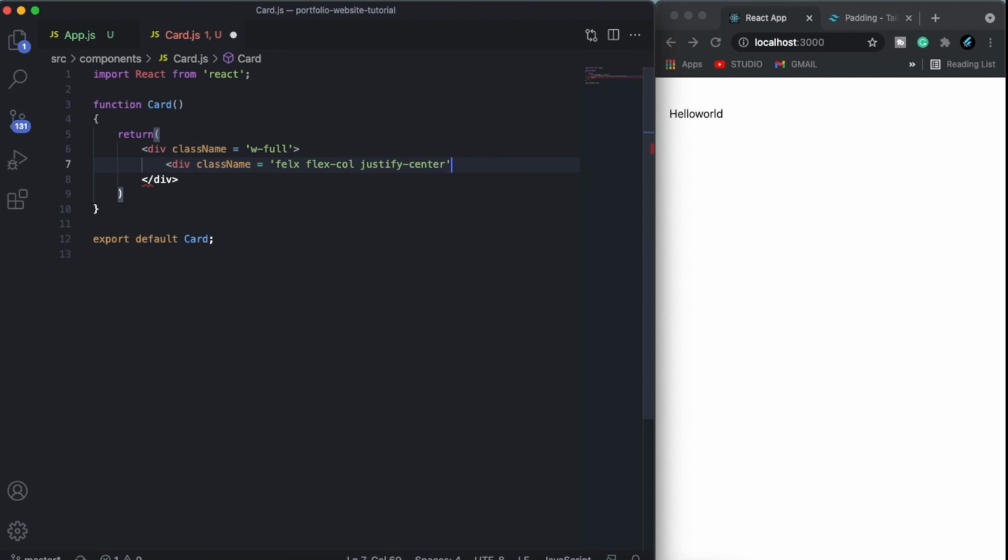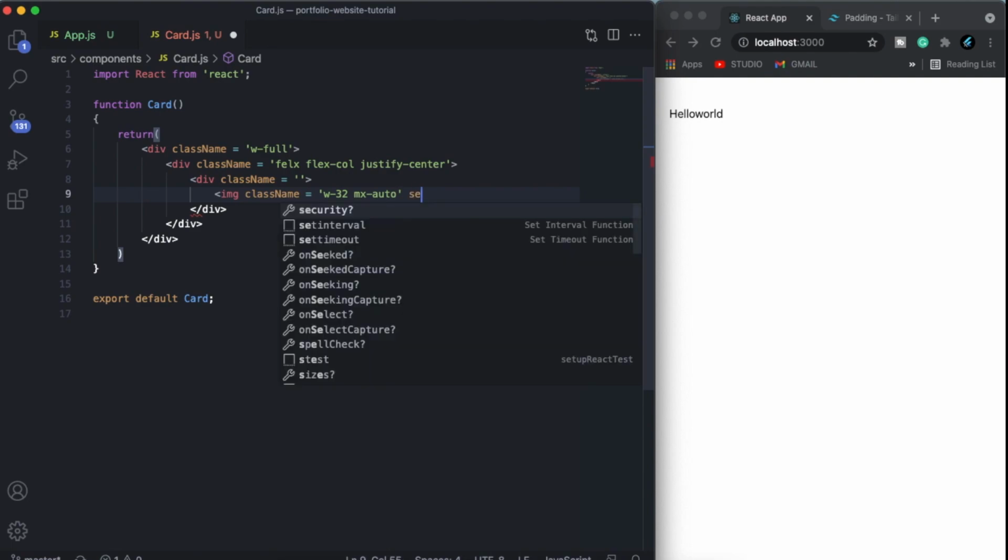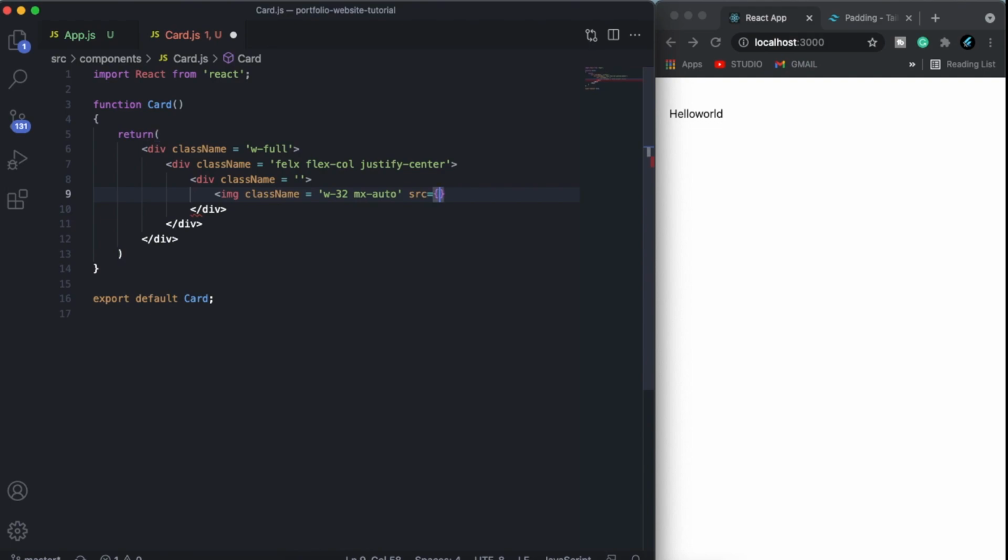Justify center, and click on here. We will import our image first. So we are not providing any value to our image, we're just creating an empty division, and now we will provide a name for our image. Let me just provide a width, and the margin from left and right would be auto. And here what I can do is I'll provide the source, and the source would be profile,